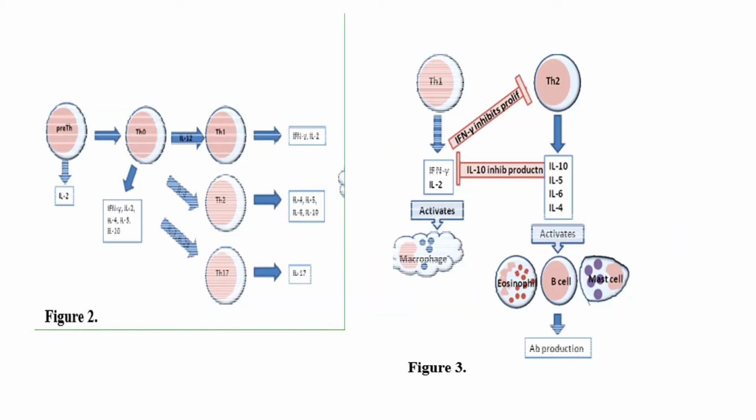This figure shows the different types of T helper cells and how these cells will be differentiated according to the microenvironments around them. So the T helper cells will be converted to T helper 1, and it will mediate cytotoxic T cells or cell mediated immunity, or it will be differentiated into T helper 2 cells that will regulate B cells response and antibody production by their microenvironment, or it will be converted into the pathological T helper 17s